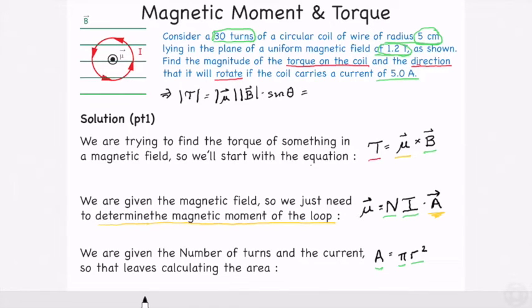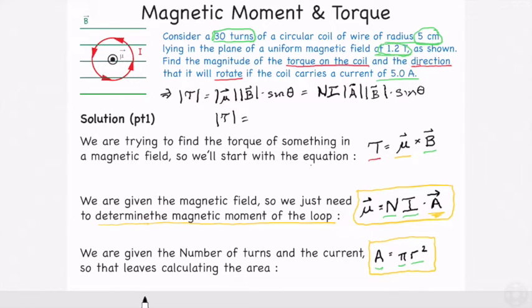Plugging in our result over here, that the magnetic moment is just NIA, we can write this as N I times the magnitude of the area vector times the magnitude of the B vector times sine of theta. And finally, substituting in for our equation for the area, we can now write the magnitude of the torque